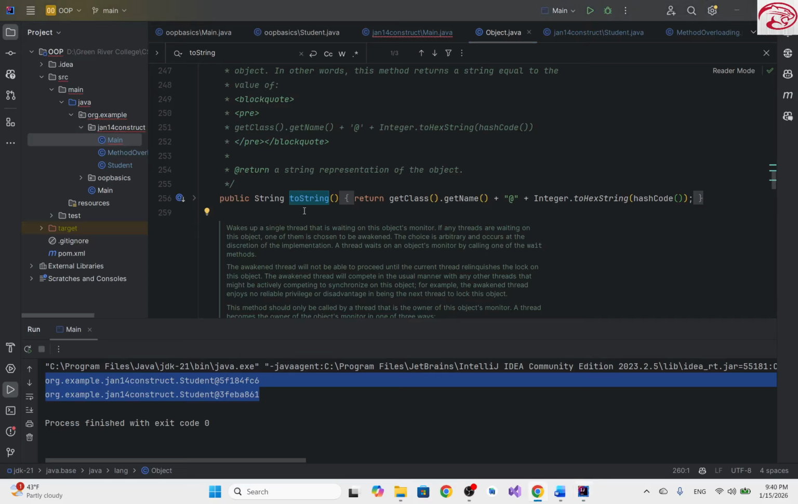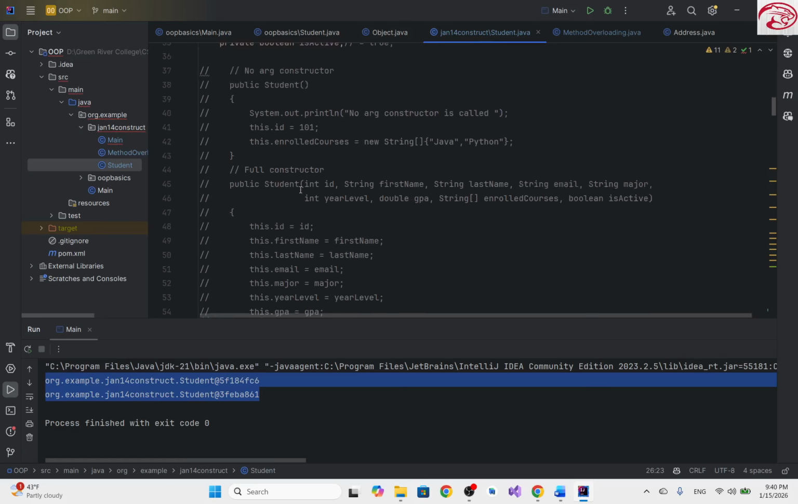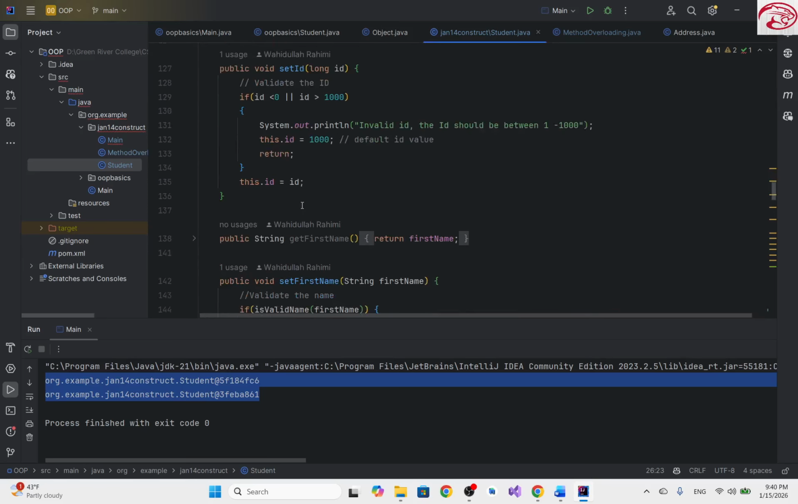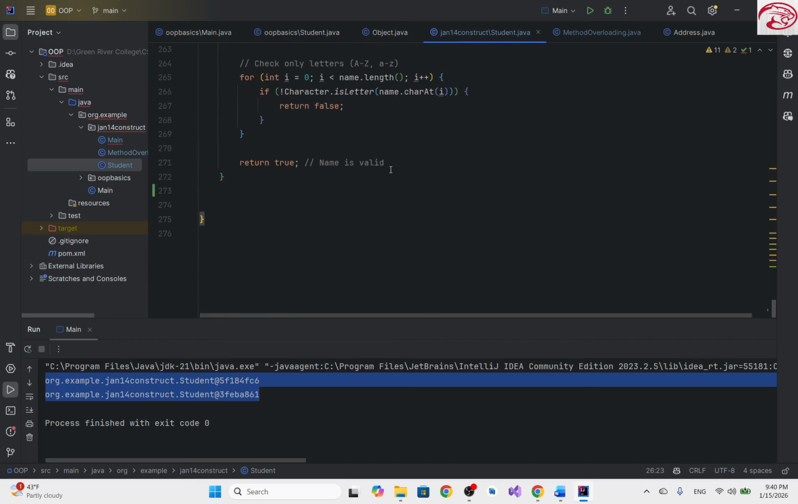So let's define this toString, or override this toString, inside our student class. If I go in our student class definition, we have the fields, the setters. I'm gonna leave these comments for your reference. The helper method. At the end, I'm gonna define the toString